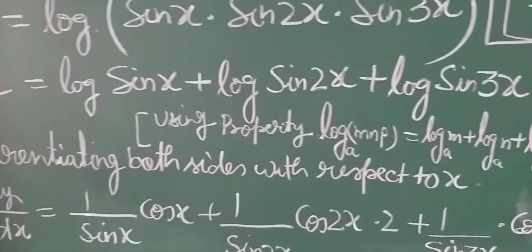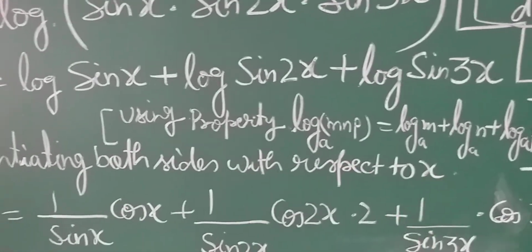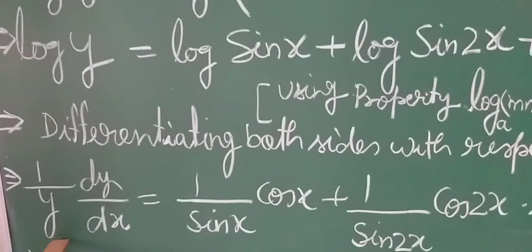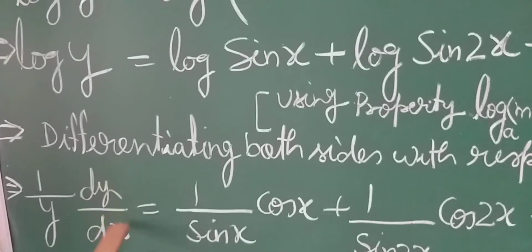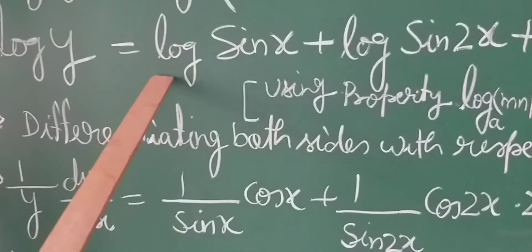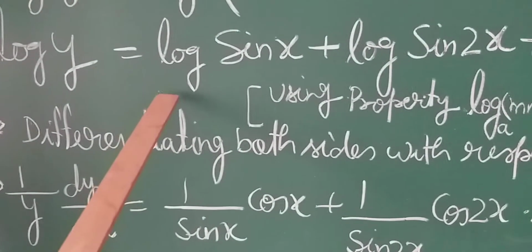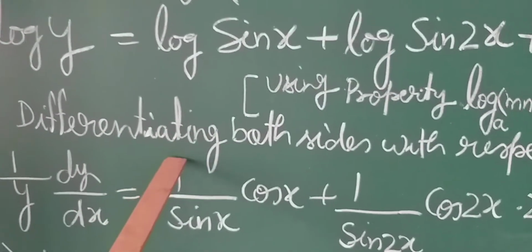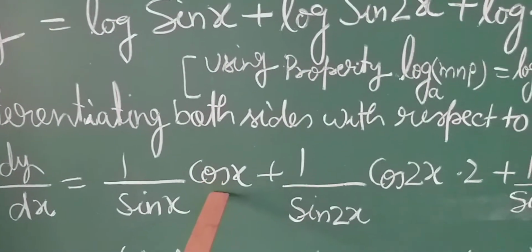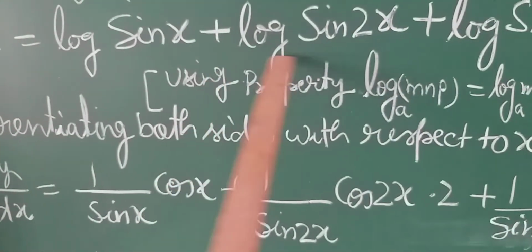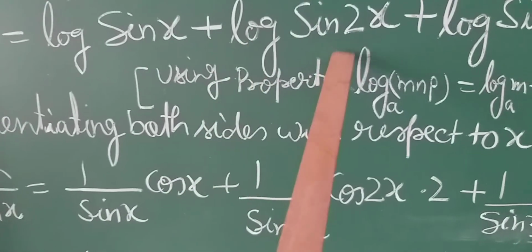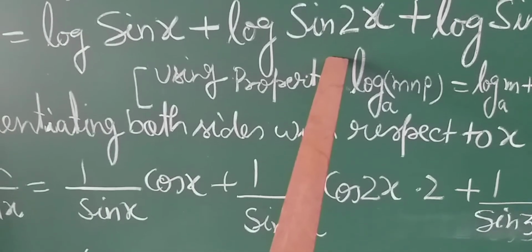Now students, differentiating both sides with respect to x, log y derivative is 1 upon y, dy by dx, equals log sin x: derivative of log x is 1 upon x, so log sin x derivative is 1 upon sin x, derivative of sin x is cos x. Plus, by the same rule we have to solve this also students, log x derivative 1 upon x,